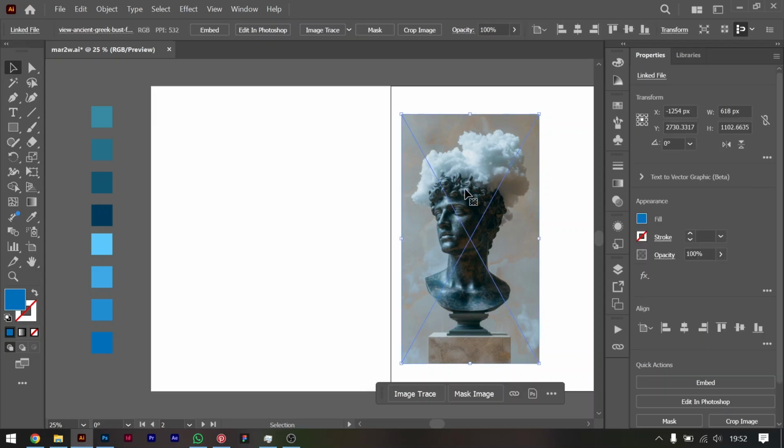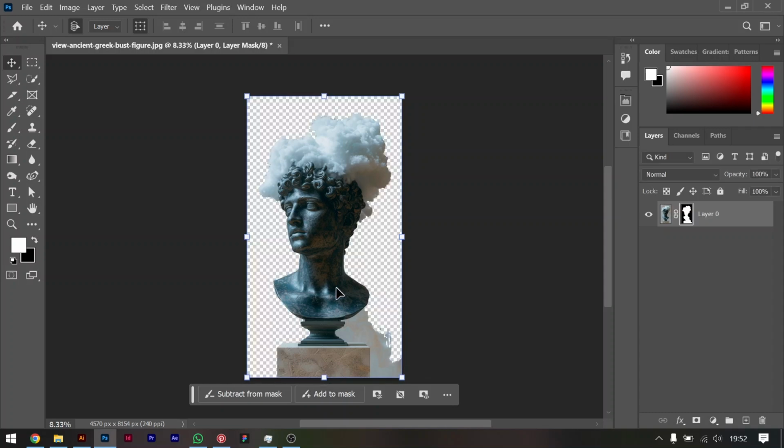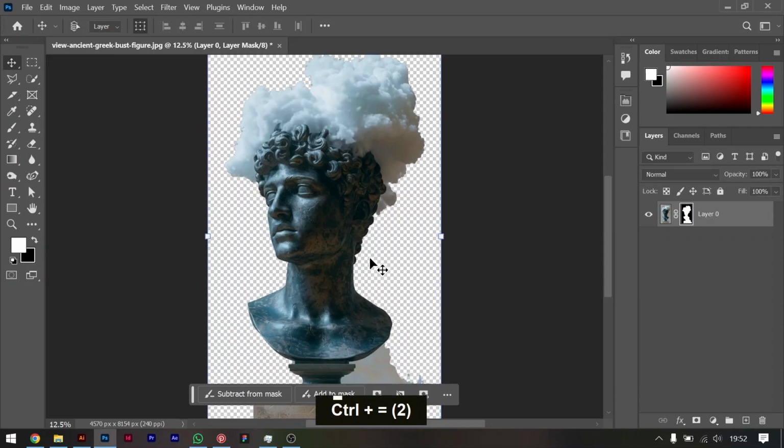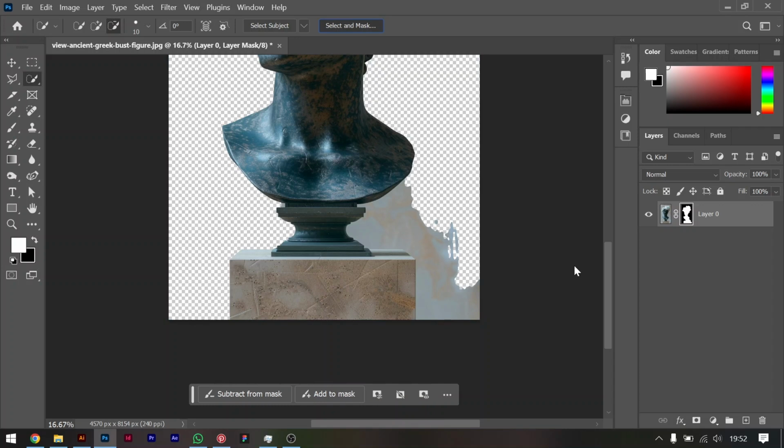Okay, so we're going to take this into Photoshop and edit it really quick. So edit in Photoshop. Yeah, so have this. We're going to remove the background by going to remove background. And yeah, it's not that clean, so we'll use our hands, a manual method, to go about that. So we'll select and mask,